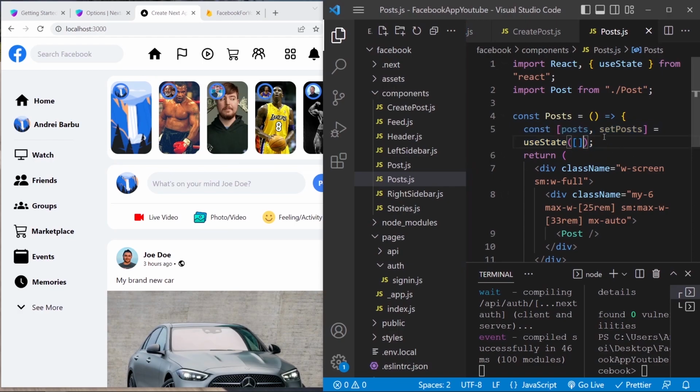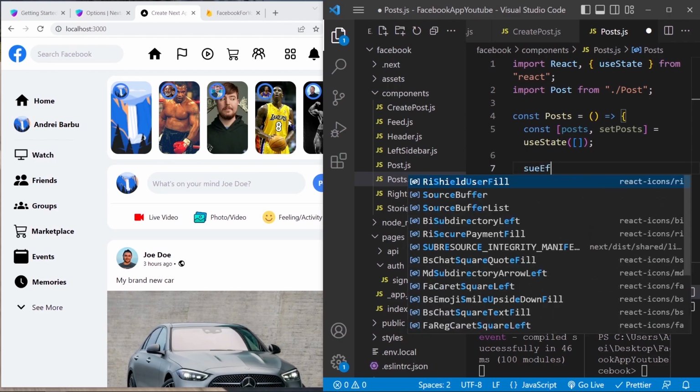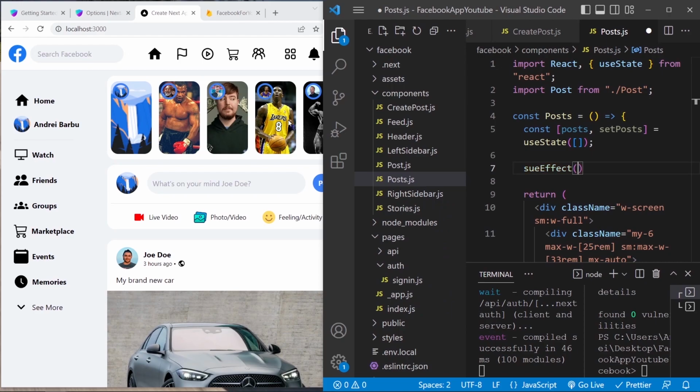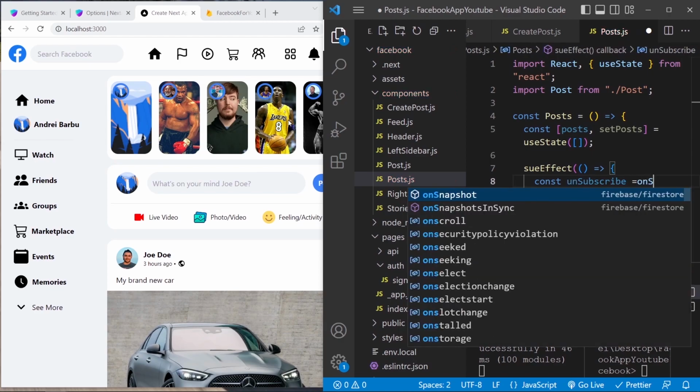Now I'm going to show you how to get the posts from Firebase. I'm going to use a use effect, so when this page loads, we are going to request Firebase for all the posts. I'm going to say use effect, and we want an arrow function, and let's open the curly braces. I'm going to say const unsubscribe, and this is going to be equal to on